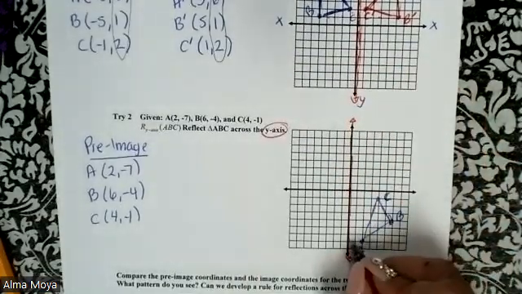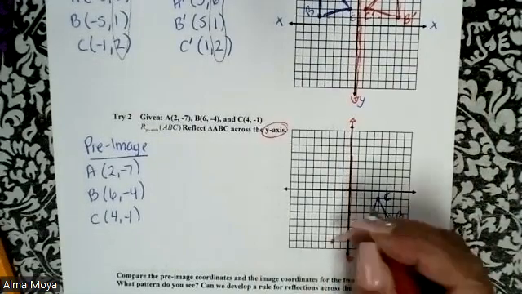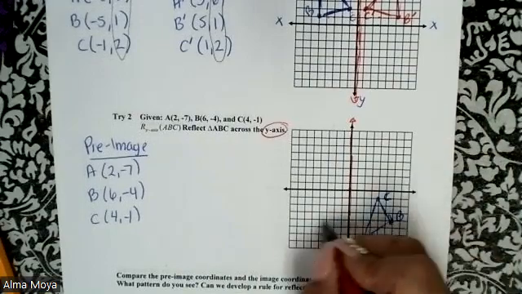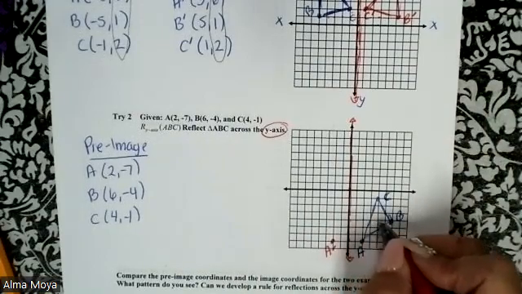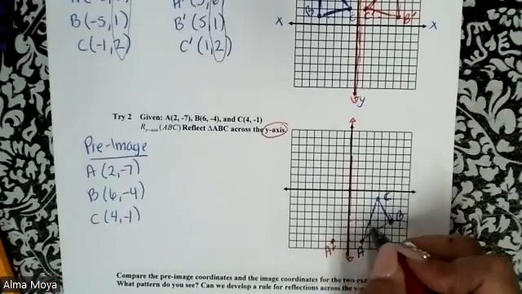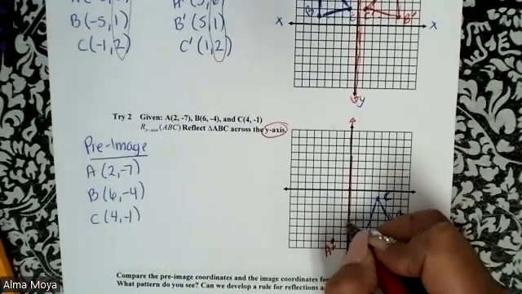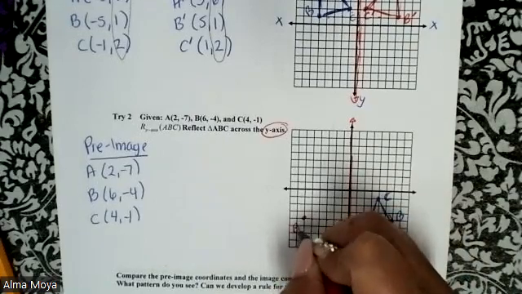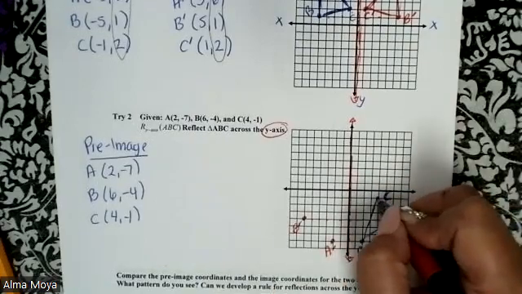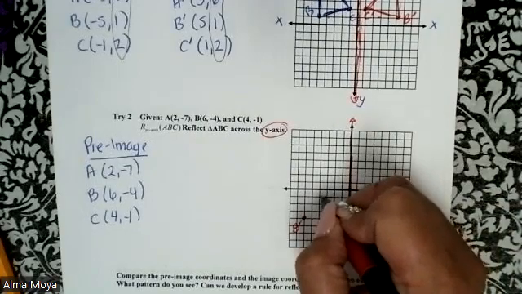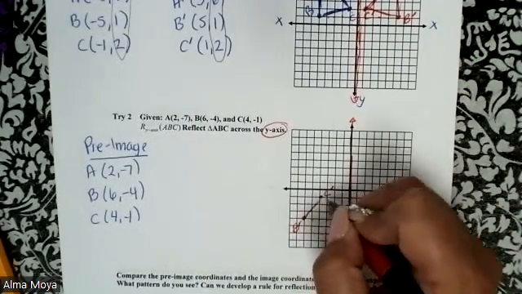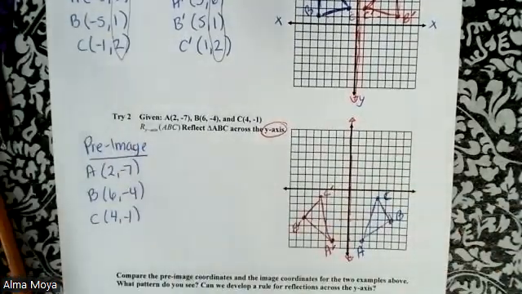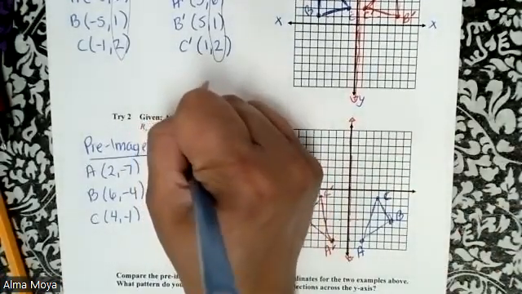So now right here, the A, since I went 2 to the right, I'm going to go 2 to the left. That's going to be my new A. So I'm going to put that as A prime. On the B, I went to the right 1, 2, 3, 4, 5, 6. So now I'm going to go 6 the other way, 1, 2, 3, 4, 5, 6. C, I went 4 this way, so I'm going to go 4 to the left. So now on my image,